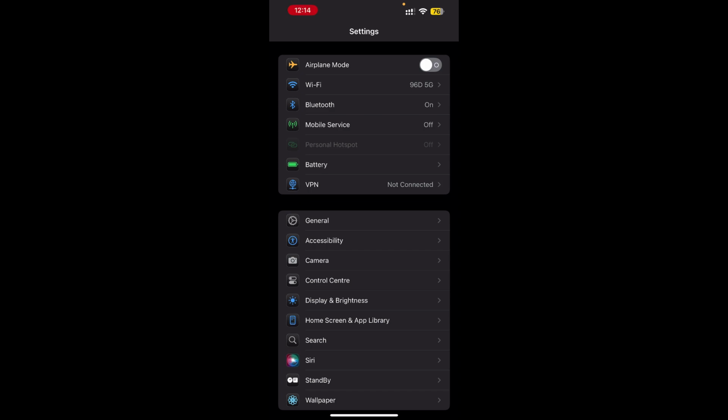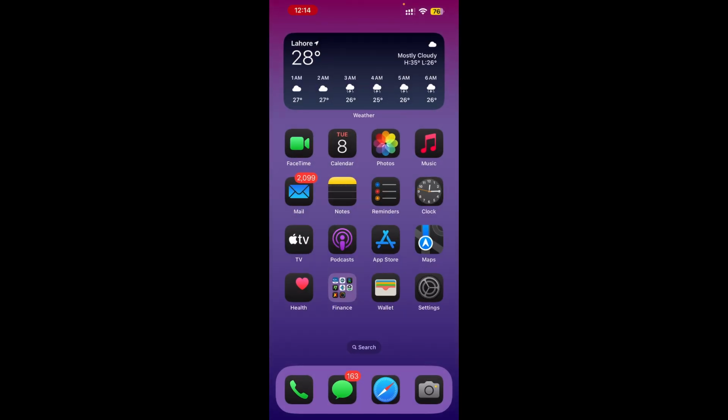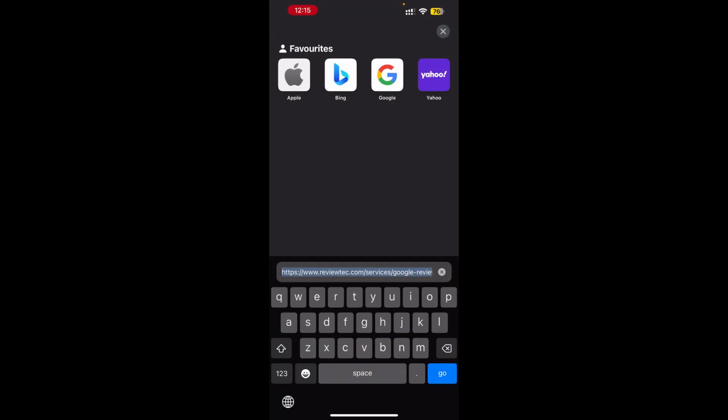Alright guys, let me show you how you can actually install the Apple Beta 26 in your phone. Let me show you how you can install the Apple 26 Beta in your phone. You just need to go to Safari, and going into Safari, you just need to see if you are enrolled